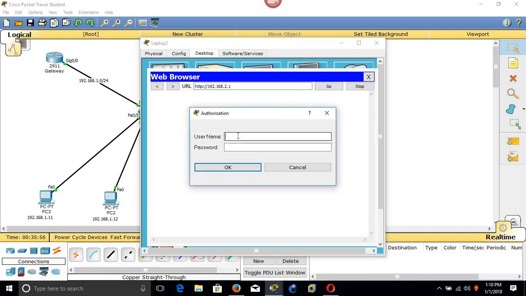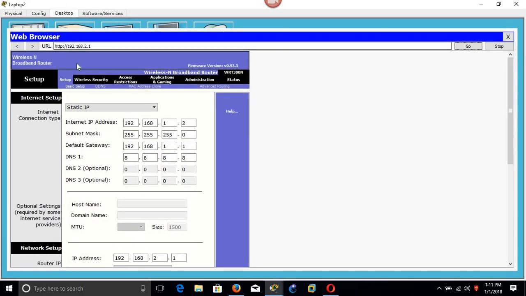Here we are prompted again, admin. Okay. Oh, we are in. So now already our device is using the new IP address, which is 192.168.2.1. So the next step is you have to perform the basic configuration of your router. We have to change the name of our access point. We have to change the security password. Also we have to do some things which are very necessary for the initial setup.